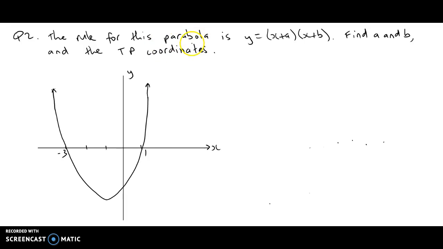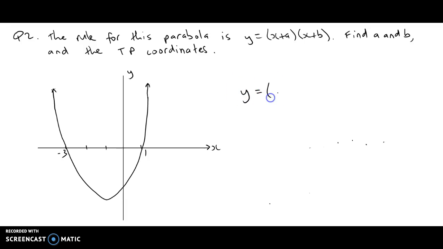The rule for this parabola, sketched below, is y equals x plus a, x plus b. Find a and b and the turning point coordinates. Now, we've been given the rule in factorised form, and we know from this parabola what the two x-intercepts are. So straight away, we can write